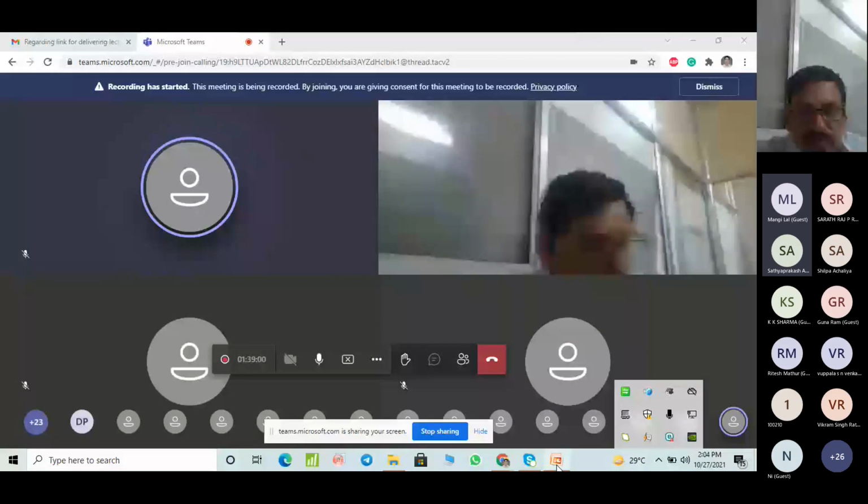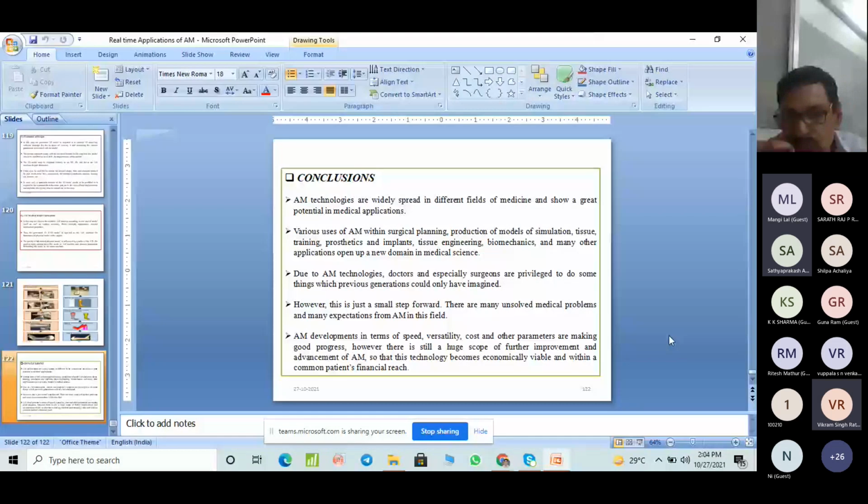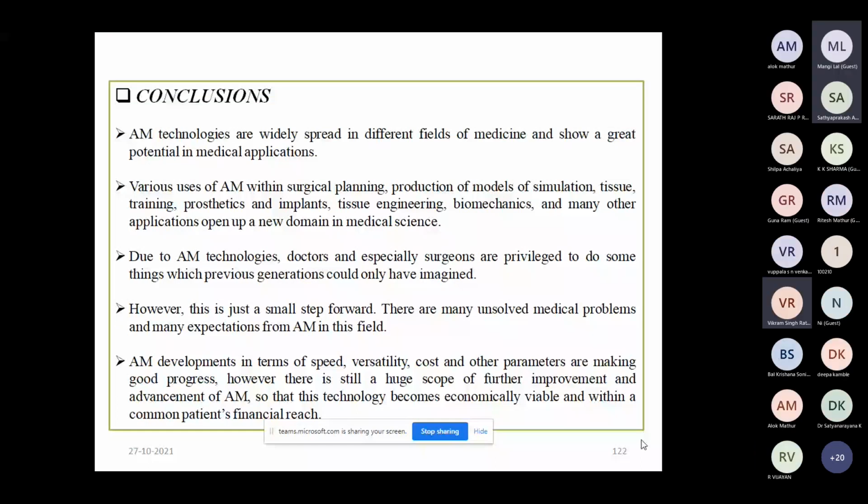At the end, what are the conclusions of this whole process is that additive manufacturing technologies are widely spread in different fields of medicine and show great potential. But still, there are some areas where we can grow so that both the doctors and the patients can be benefited with the help of these techniques. So these techniques can be used for tissue training, prosthetics and implants, tissue engineering, biomechanics, and